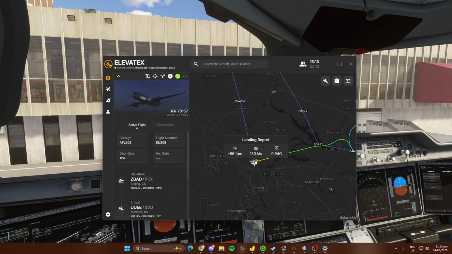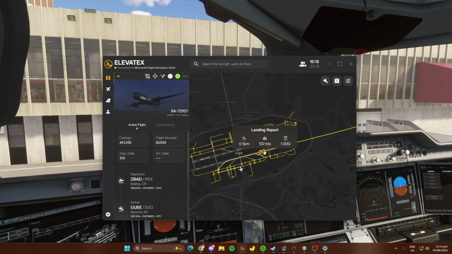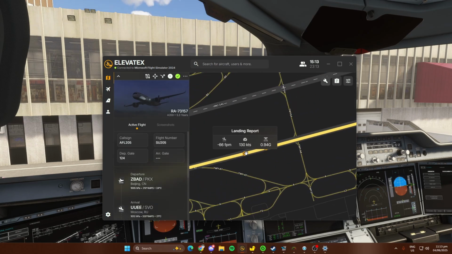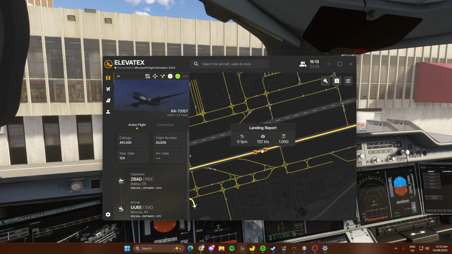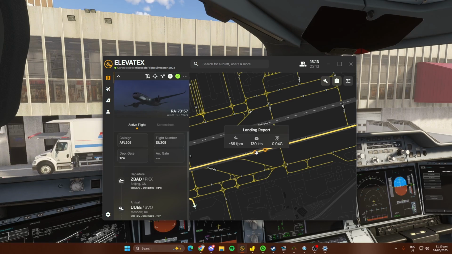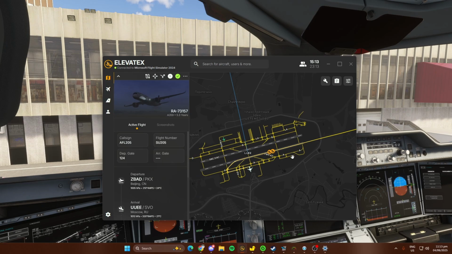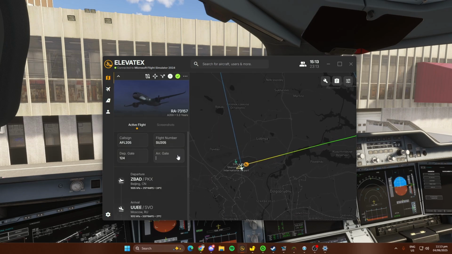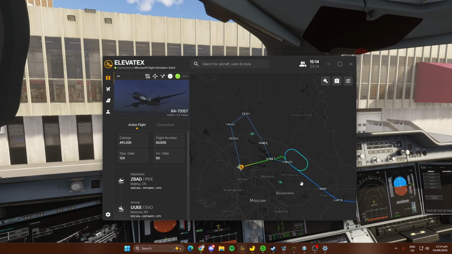Whoo! Minus 66. Oh shoot, wait, we bounced. What? Wait. So our landing was 0 feet per minute, and then I think the wheels went up in the air again, and then minus 66. That's the final tally. Honestly, Flytrex can sometimes be a bit weird, but yeah.